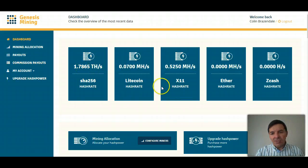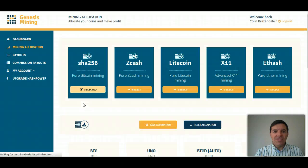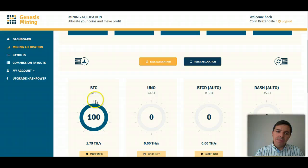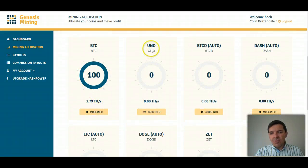After you've logged in, you get to this dashboard. Then you go to mining allocation, and you'll see that you can change the allocation between different cryptocurrencies. It's just taking a while to load. My internet is slow. And here you can see I'm 100% Bitcoin mining, but you can also mine Uno,